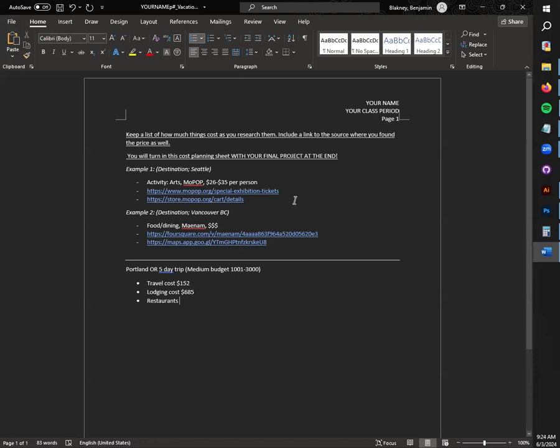So this is what mine's looking like so far, just for example's sake. You guys can approach this document however you like. This is how I'm going to do it for demo's sake, so that I know I'm taking a 5-day trip to Portland with a medium budget of around $1,000 to $3,000. And so far I've only spent $800 of that total. So if you want, you can put a running total at the top here,